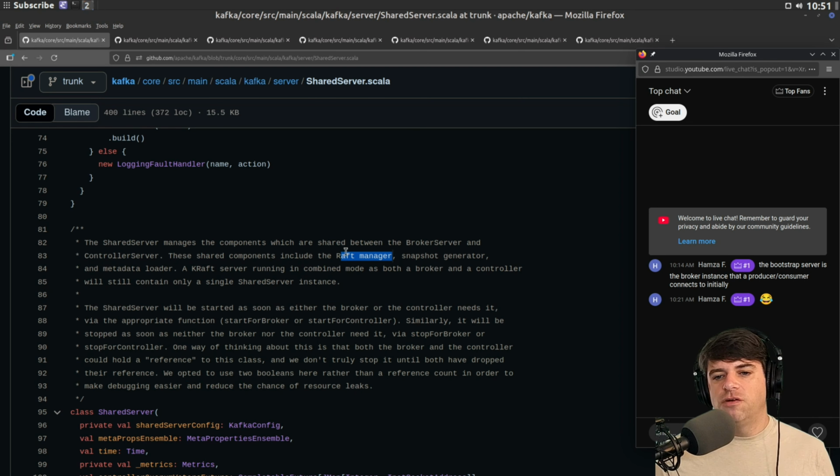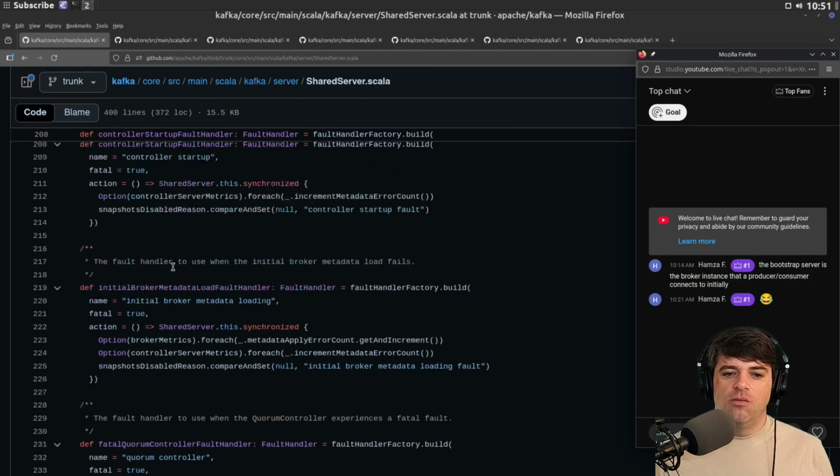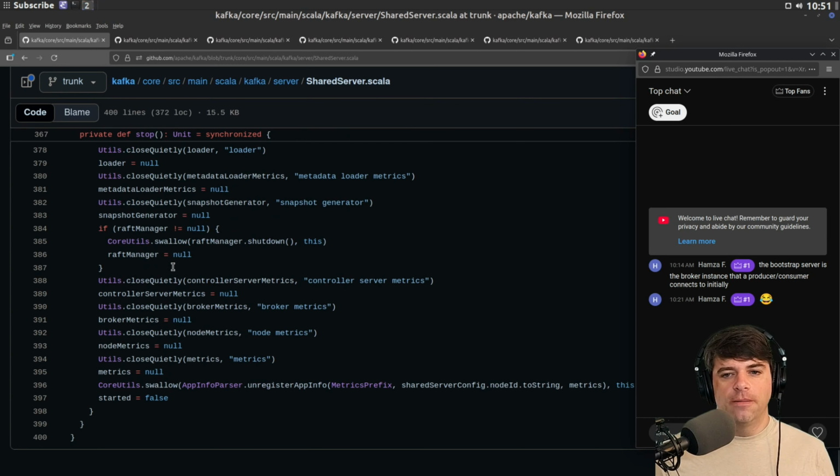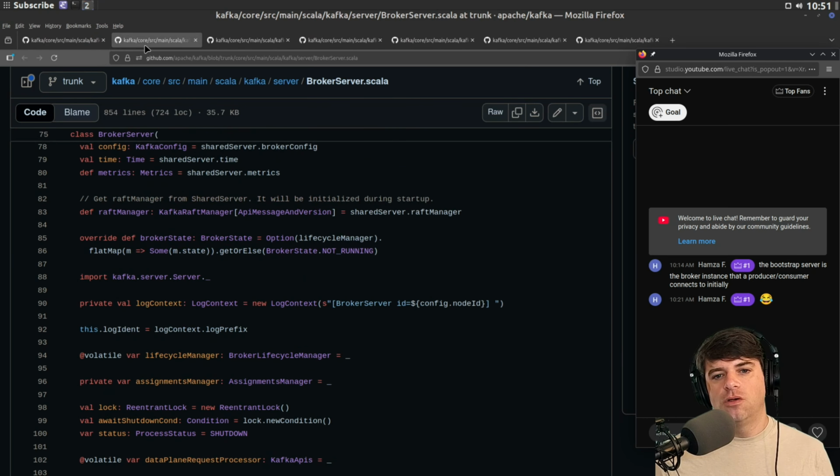The Raft manager for communicating a shared sense of coordination among the different machines. A snapshot generator for generating snapshots of what, I'm not sure, and a metadata loader. Which metadata, I'm not sure, but presumably similar metadata that you get when you talk to the bootstrap server. So essentially a map of which topics are where.